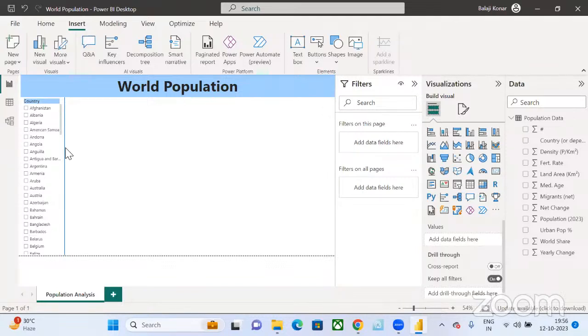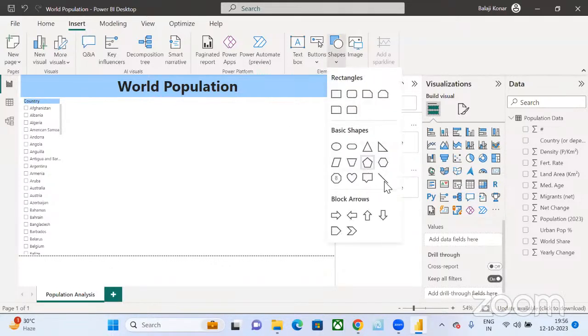Okay, I tell you how to add this, but first of all, I assume that you guys know how to add this slicer. Yesterday we saw that. The only difficulty you might face is how to add this particular vertical line. So what I do is,